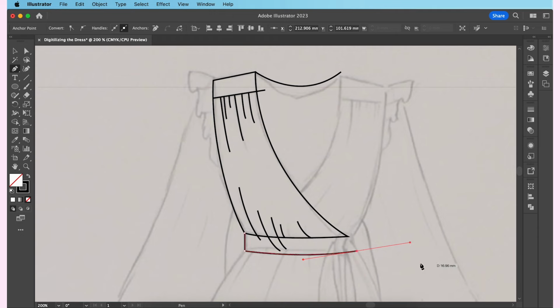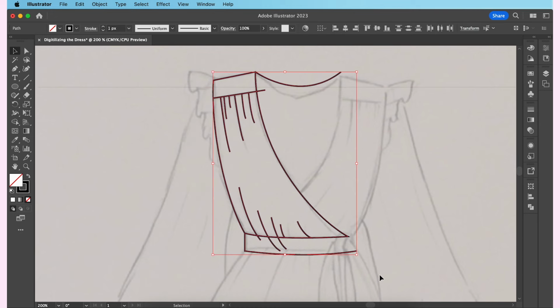Okay, I'm going to stop with just drawing this much for now. Then I'm going to highlight everything, and here is how I'm going to perfectly clear up these extra lines. Select the Shape Builder tool here, then come up to the lines that are extending more than they need to. Hover over them and hold down the Option key on MacBook or the Alt key on Windows